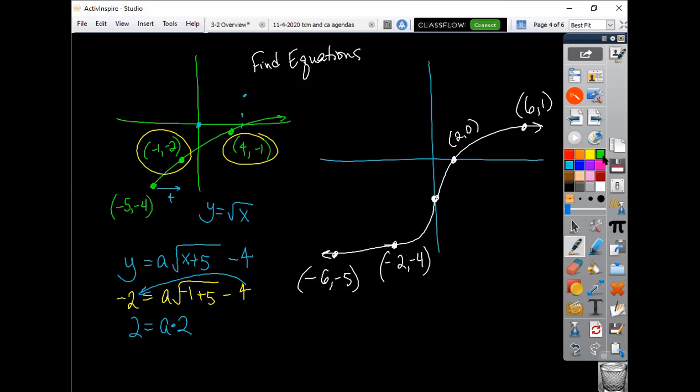And if you divide by that 2, you're going to get your 1. So this a right here is 1. And if you're multiplying by 1, you could leave it out, which means my equation is right there without that stretch factor. We'll come over to this second one, and hopefully you recognize this one